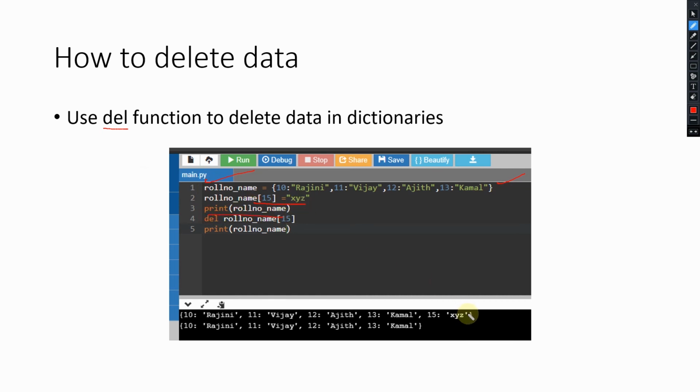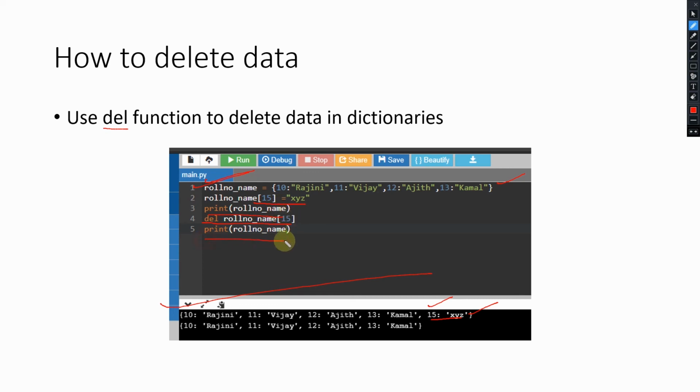So if you see the update, after adding, this is the data that is stored in the data type of the variable roll number name, and I'm deleting the value whose key is 15. So I have stored 15 as xyz, and del means delete roll number name of the value which has the key 15.